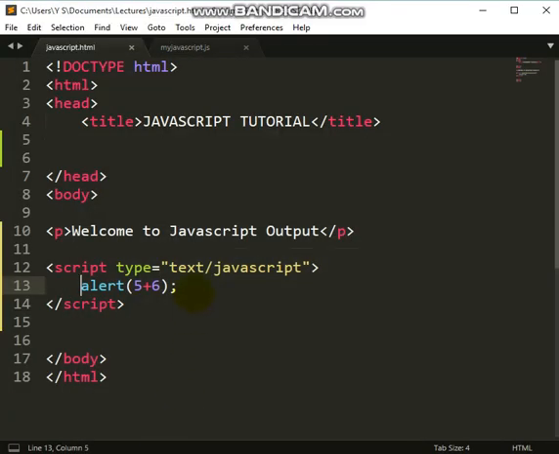So that means, you know, this is JavaScript code. You can't just write JavaScript code